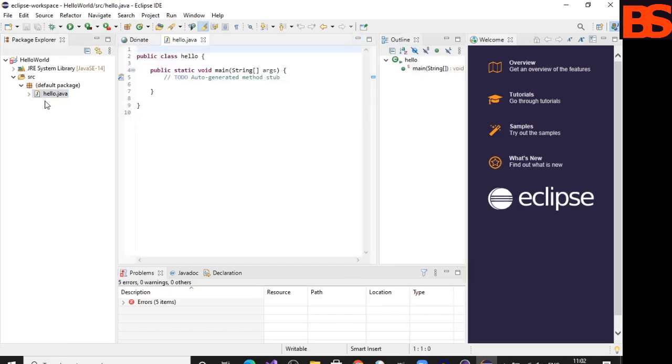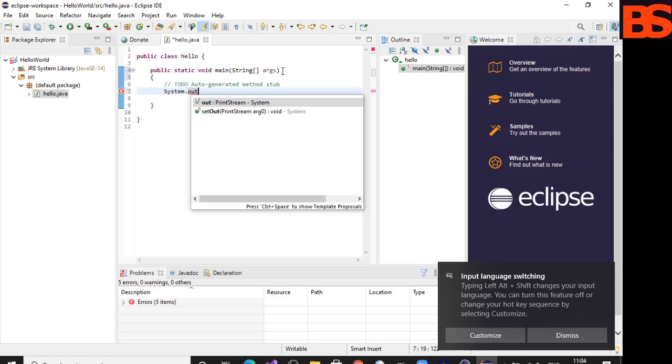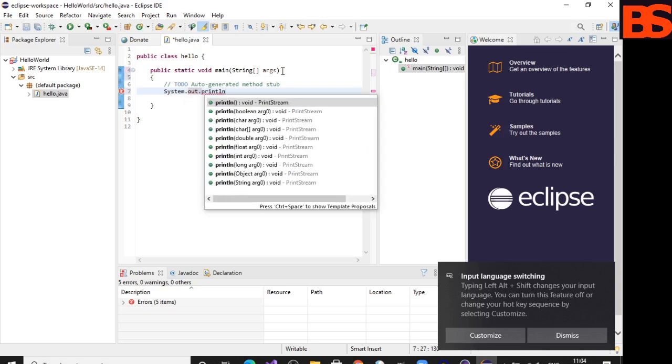When I create a class with a main function, which is the main entry point, I want to add one statement to print a hello world message. So I want to write System.out.println and inside parentheses, the hello world message.